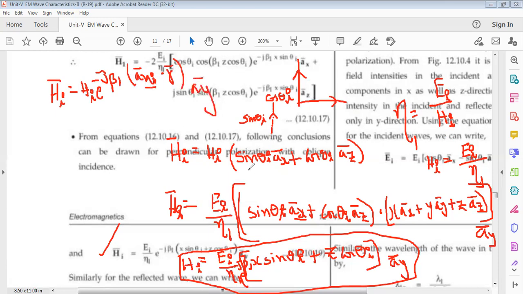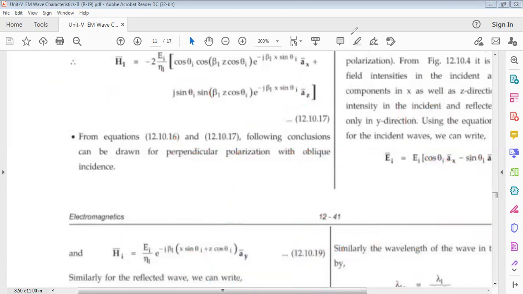So ANI bar is sine theta AX bar plus cos theta AZ bar, and R bar is x into AX bar plus y into AY bar plus z into AZ bar. After the dot product, we got x sine theta I plus z cos theta I in HI. Got it, my students? Then